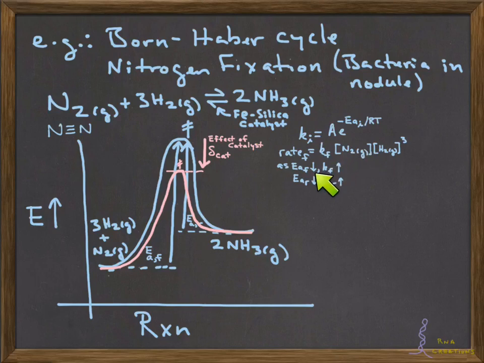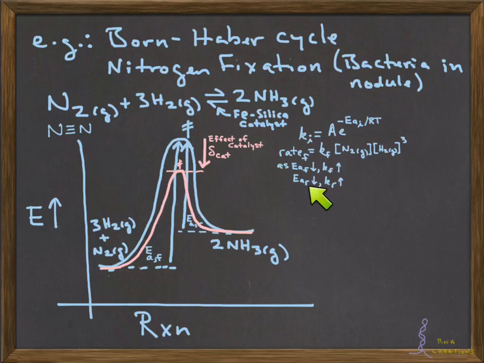And as the activation energy in the forward reaction goes down, what happens is that k goes up. It doesn't have as high of a mountain to climb anymore. And you can show that that's true mathematically. If you think about this particular mathematical equation, this is equivalent to A divided by e to the E sub A. And so if we make E sub A smaller, then we're reducing A by a smaller amount.